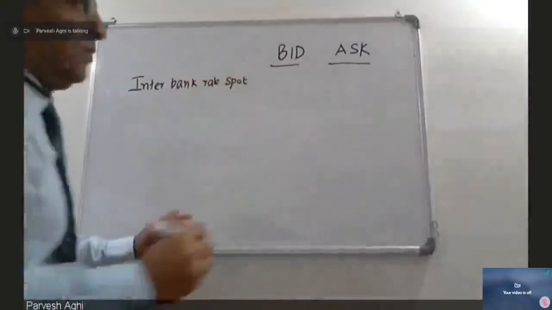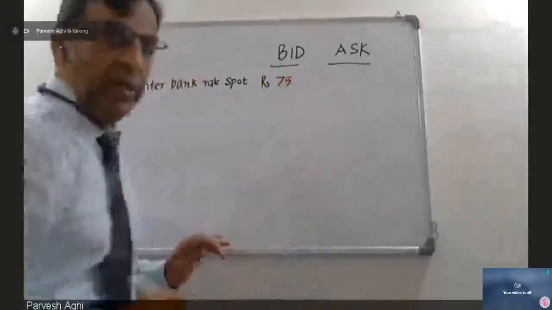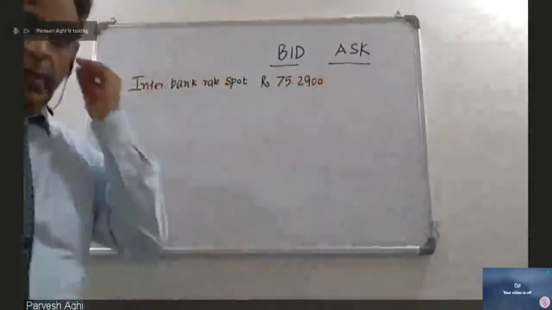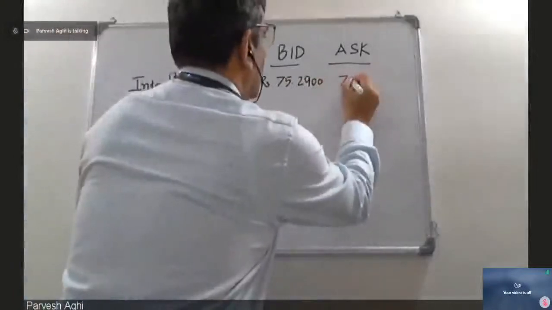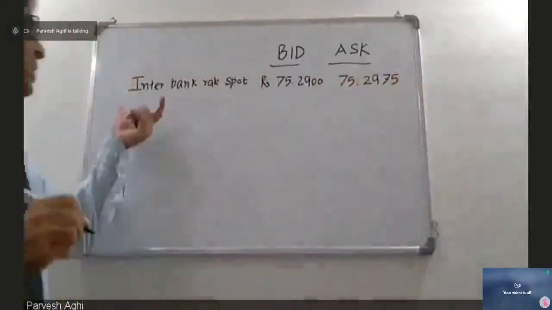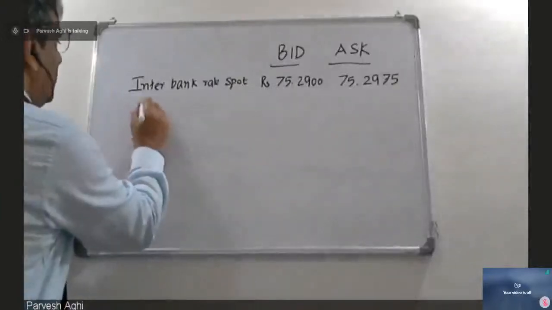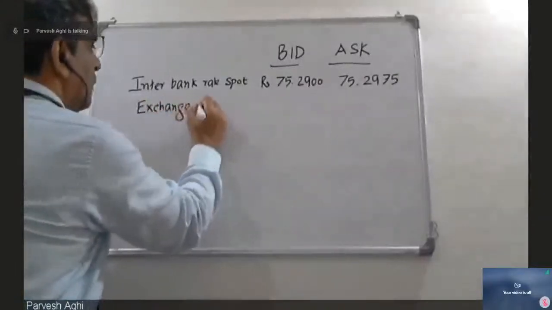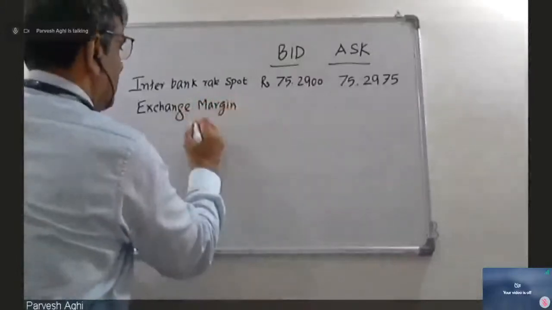The bid rate is rupees 75.2900, and the ask rate is 75.2975. So this is the interbank rate which has been given to us. And in the question it is given that the exchange margin is